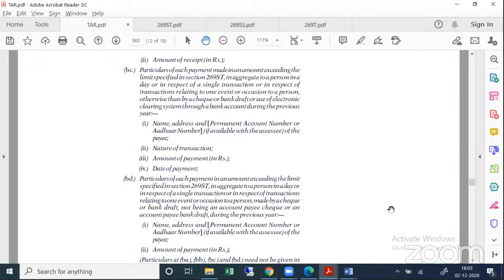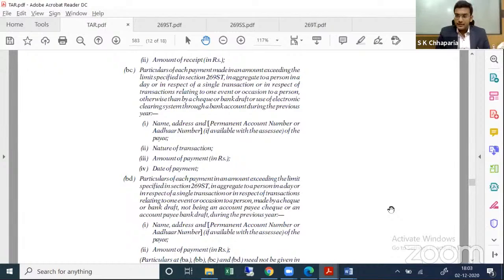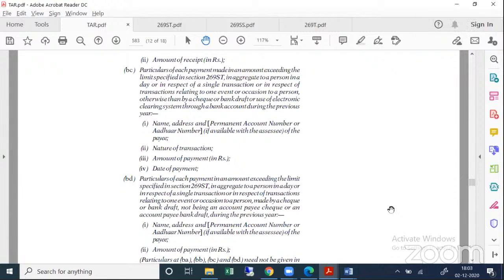Ma'am's question is in respect of payment. So basically, suppose, for example, I'm purchasing a property, I'm making a payment of 2.5 lakh rupees in cash. So the person who is receiving, that person is going to be bound because he will be violated in terms of 216 SS. Yes. But as far as the payment is concerned, I don't think so. 216 ST will come into the picture, but